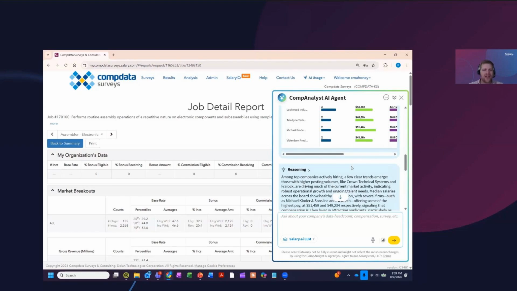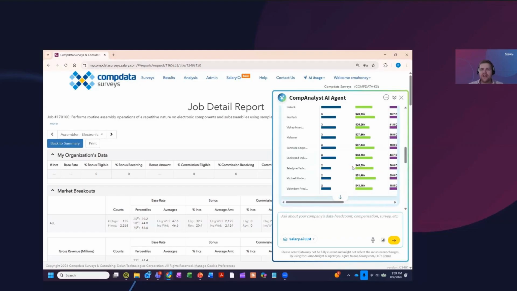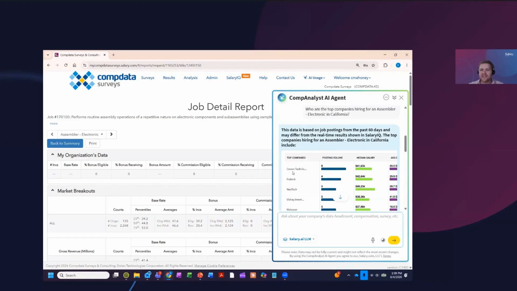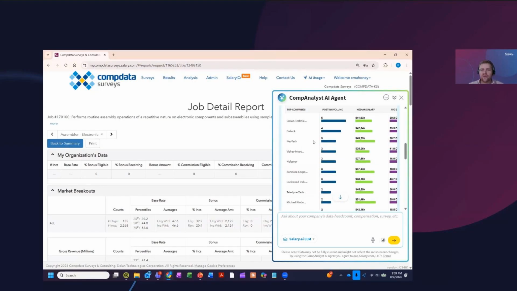One is to bridge the gap between the more foundational survey data and what your employees, your recruiters, your candidates are seeing online, and just give you more of that real-time check. And it's also built, again, to help shed some light on more specific organizations that you might want to target here. So it gives us some real-time context that we can use and also fill in gaps in